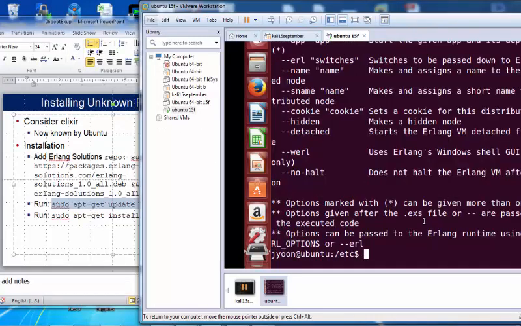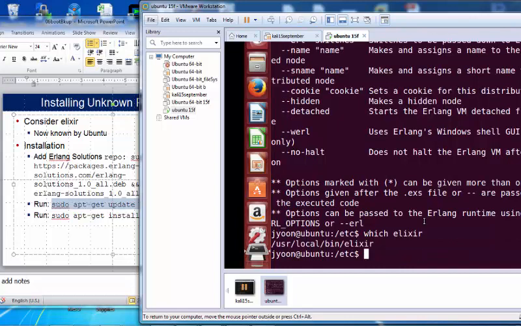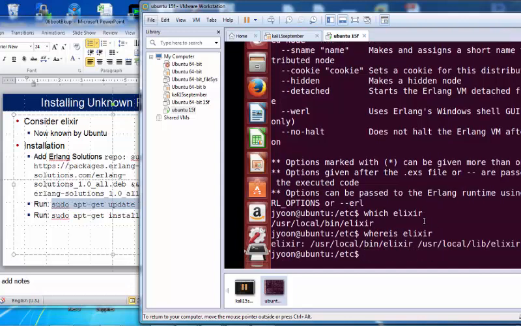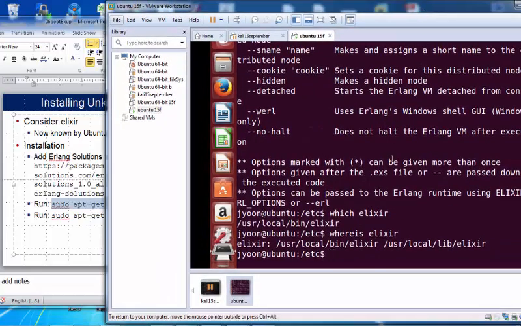Elixir is a command. If you want to see where Elixir is, use the which command: which elixir. So that command is stored there. With whereis, you can find all the Elixir directories. There is a local bin or local lib.